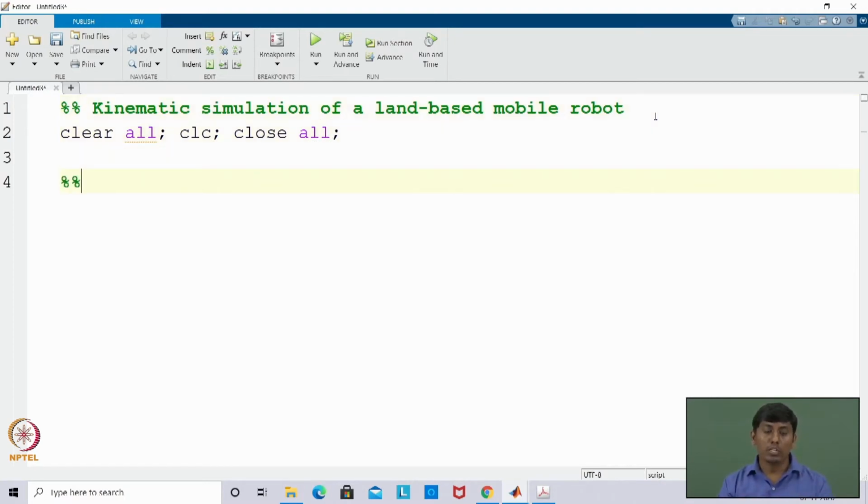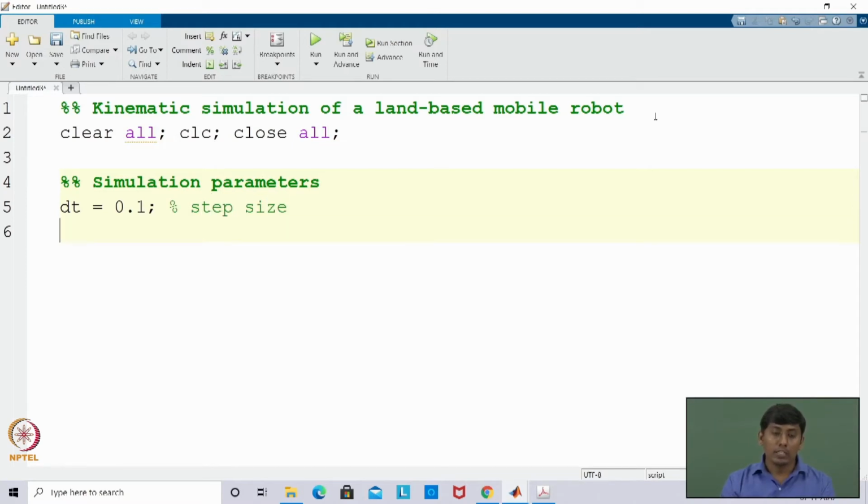Now what needs to be known? This is an ordinary differential equation solver, so I am trying to do that with an ODE solver. For that I need simulation parameters. The simulation parameter delta t, which I am writing as dt, is the step size. I am taking 100 milliseconds as the step size. Then I take a simulation time from 0 to however long the simulation is supposed to run. I call this TS, the simulation time. I am just taking 10 seconds, and later we will see how to change it. This is the total simulation time.